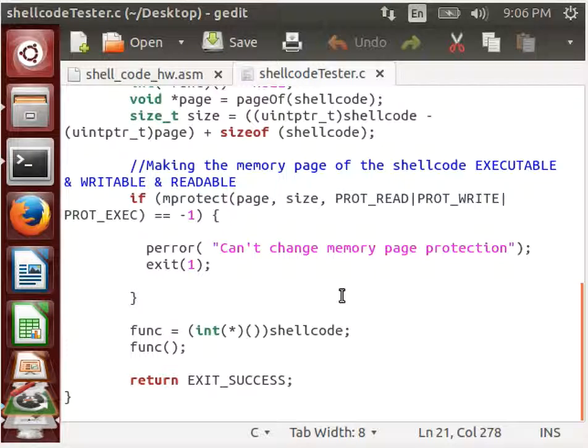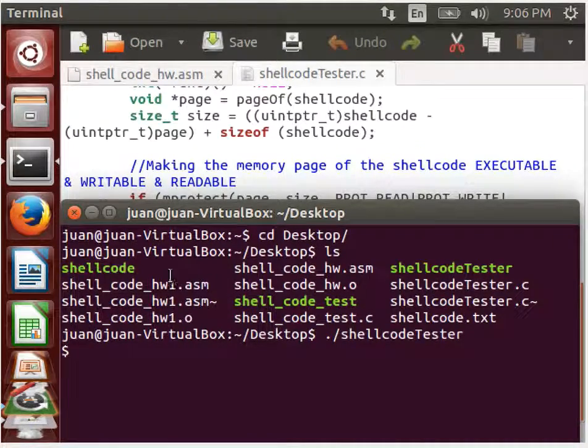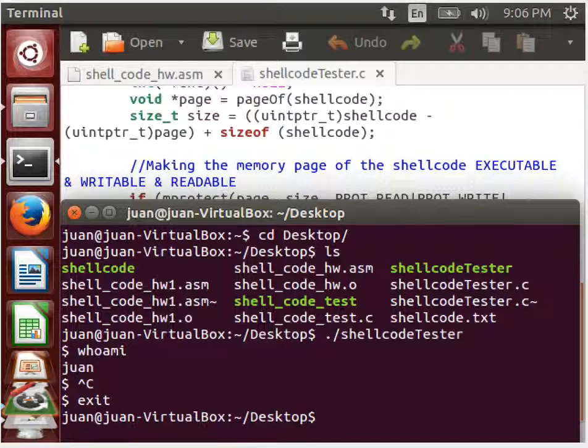And when we run it, in our terminal here, we can show that when we ran our executable shell code tester, we get a shell, showing that our shell code is ready to be used in some sort of exploit. So we'll then demonstrate in a further video the client and server